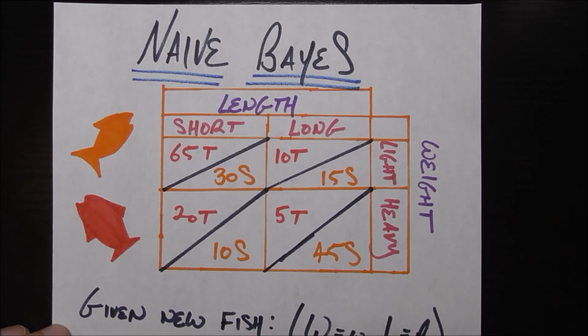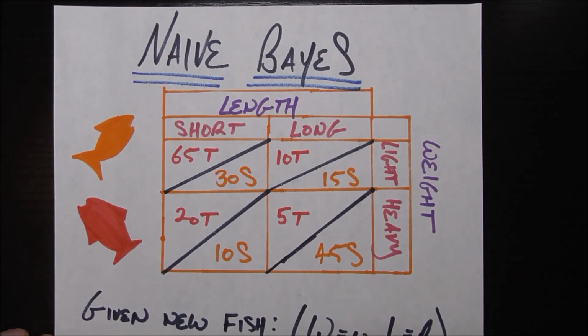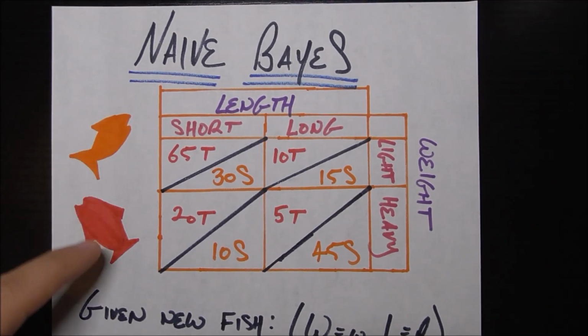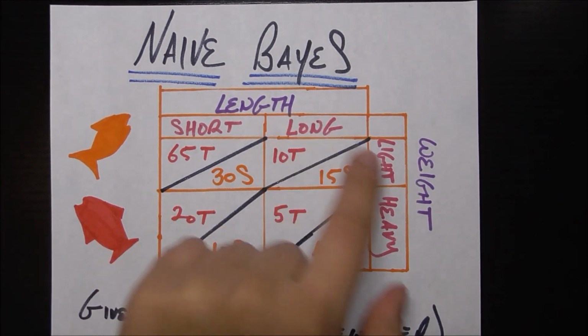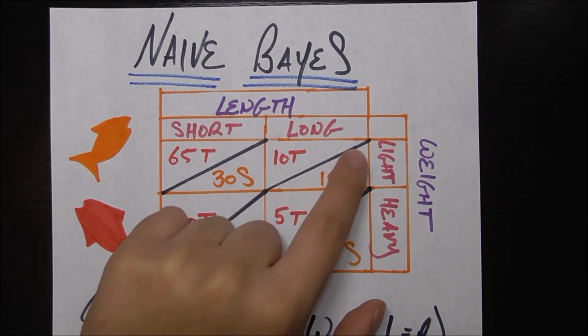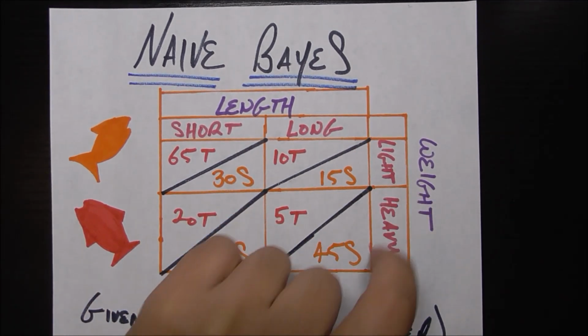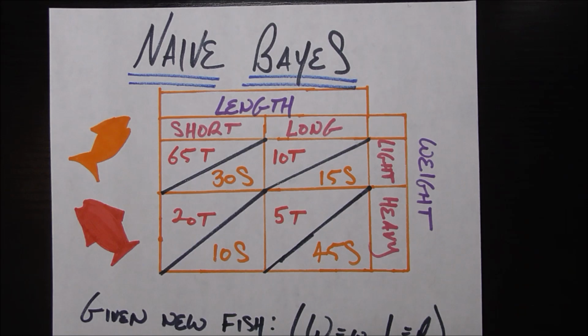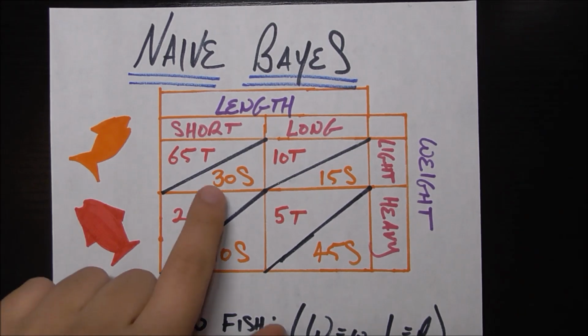So we'll be using the same setup as we did in our decision trees video, that is, deciding whether a fish is a salmon or a tuna based on its length and its weight. So either the fish is short or long in terms of length, and it's light or heavy in terms of weight. We have a little bit of different data distribution than we did in the decision trees video, but basically